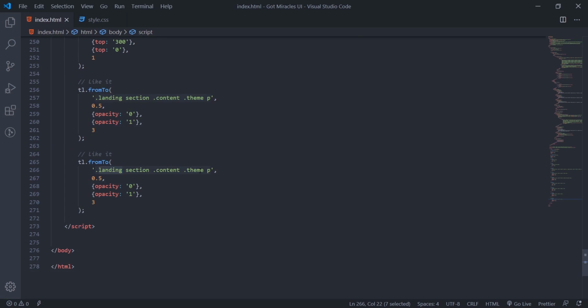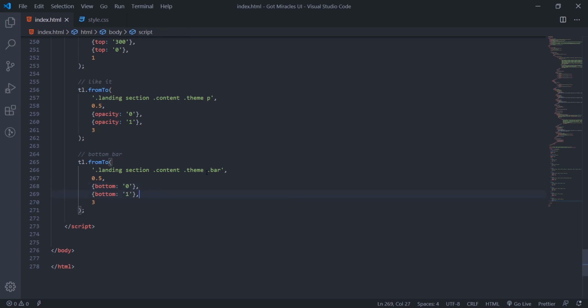We'll set content theme, then dot bar. So 0.5, bottom bar. We'll set this to 0.5 here. Then we'll set bottom.